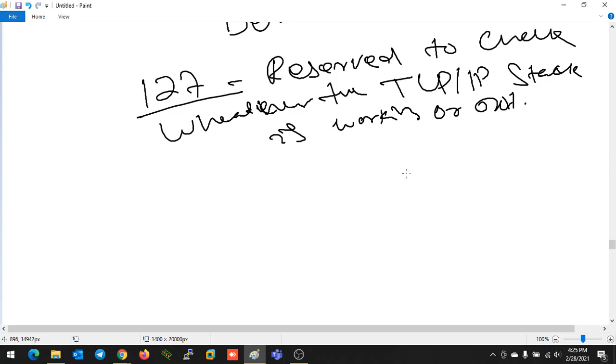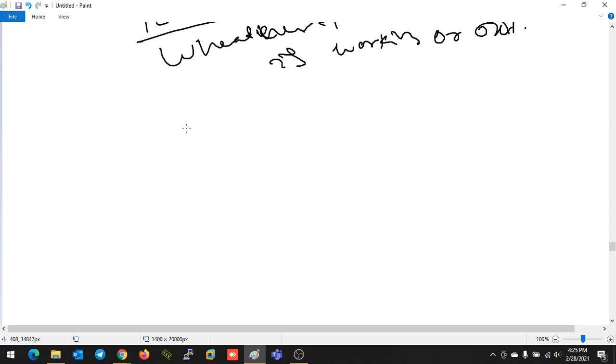These are the only two IP address ranges, with first octet 0 and 127, that are reserved. 0 is reserved for static routing, default routing, and some other things. Another one is 127, which is reserved to check whether my TCP/IP stack is working or not, or for loopback interfaces of Windows devices.